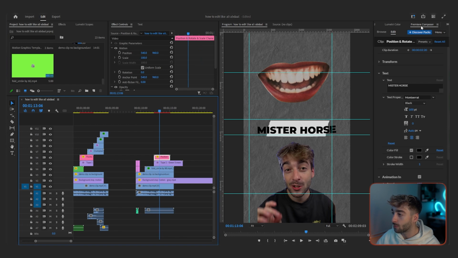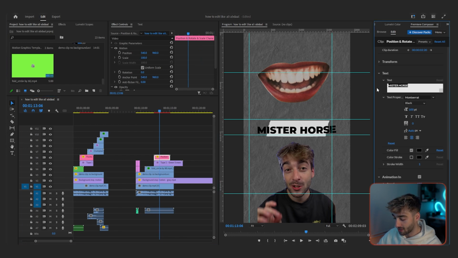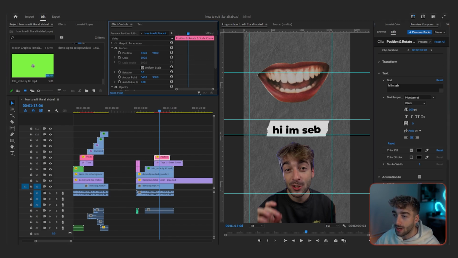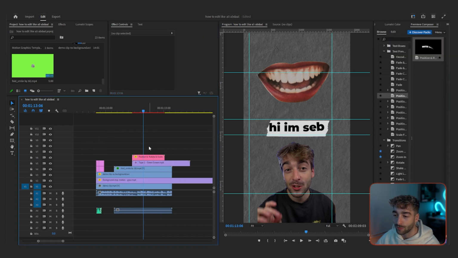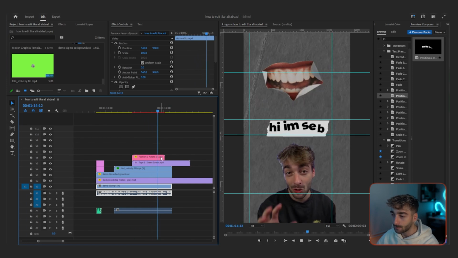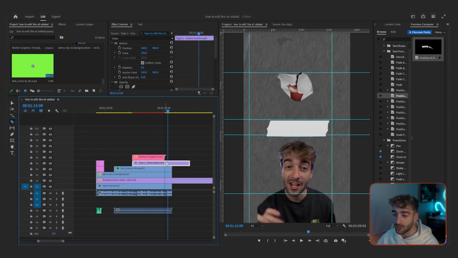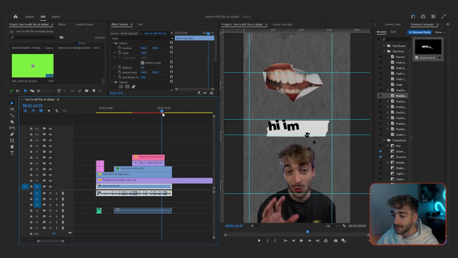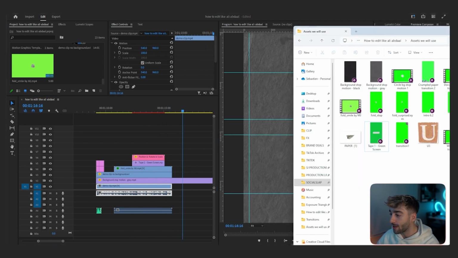Again, go to your Premiere Pro plugin, and you can change the text to "Hi, I'm Seb," for example. And then reposition it, and then it's inside of this. And then you just need to kind of play around with the length and duration that you want your effect to last for. But essentially, that's how to do it. So really, really easy. And then when it comes to some of the other backgrounds that he uses, for example, he'll use